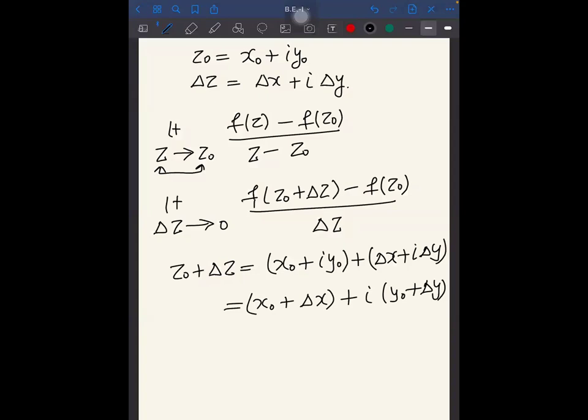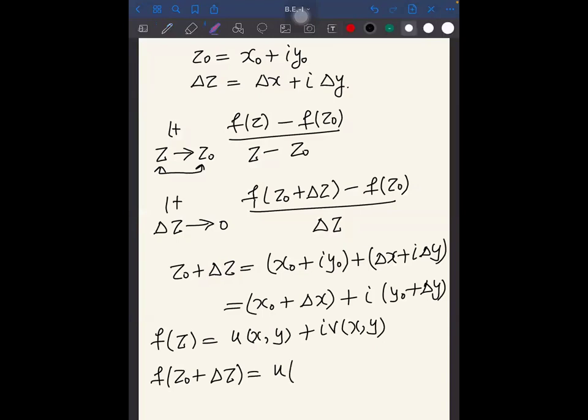Now you know that your f of z is u(x,y) plus iota v(x,y). So of course f(z plus delta z) is u of the real part of z plus delta z, and v of the real part and imaginary part of that whole thing. So we'll write it as